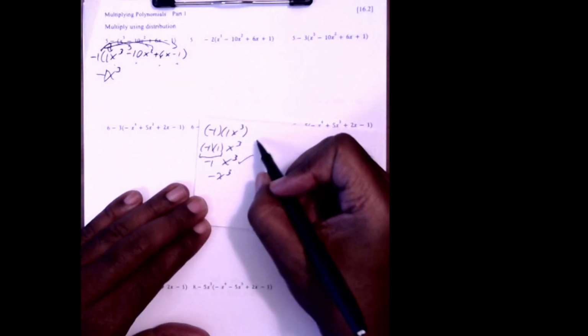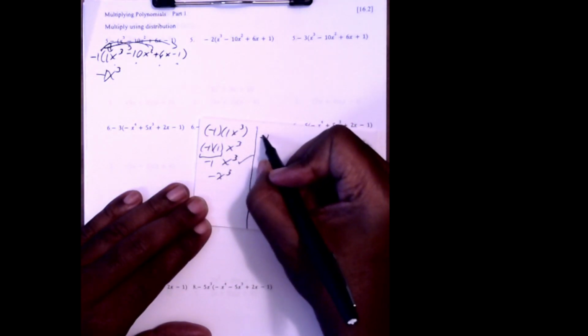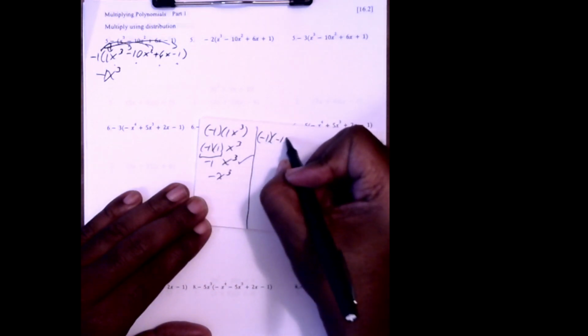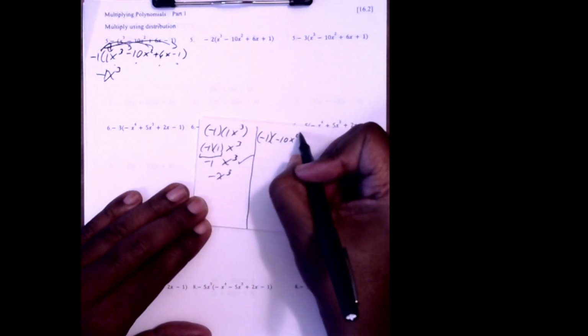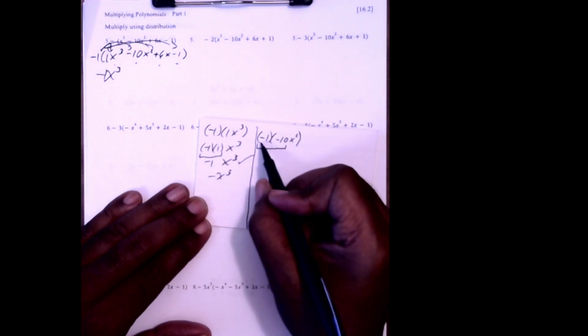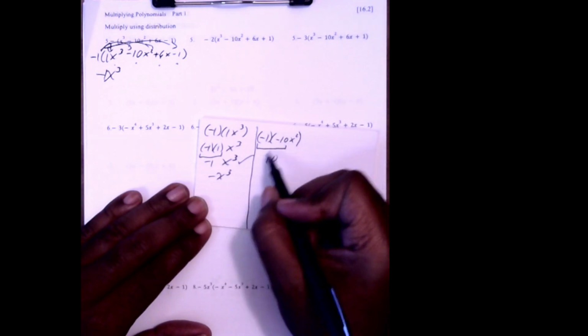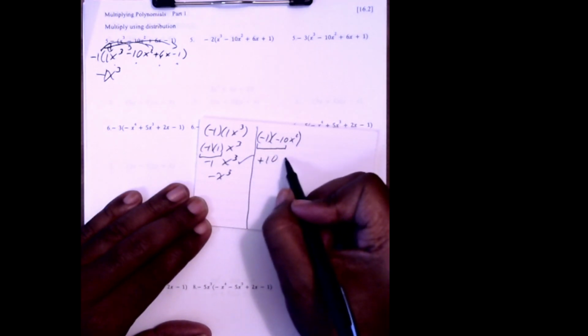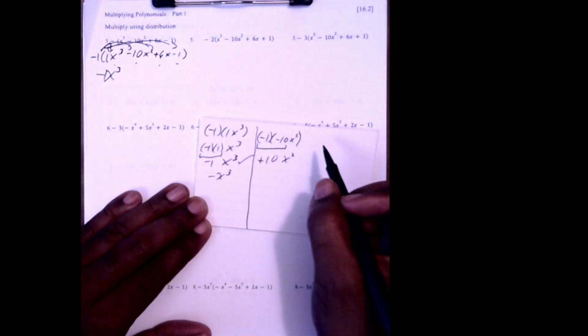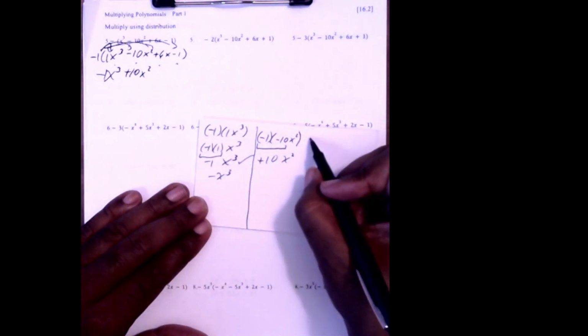All right, next. Let's go for the negative 1 multiplied with the negative 10x squared. Okay, so I'm going to multiply the negative 1 and negative 10. So 1 times 10 is 10. When you multiply 2 negatives, you will get a positive, and you'll have x squared left. So this is going to be a positive 10x squared. All right, next